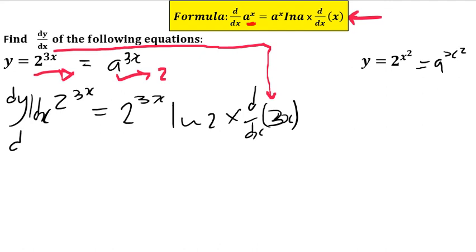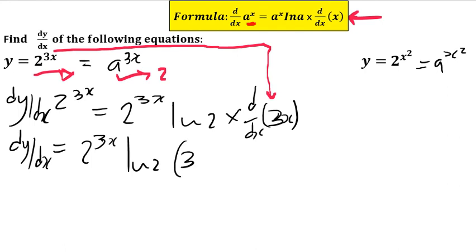So your dy over dx will be equal to 2 to the power 3x, ln of 2. Then when you differentiate 3x, you're going to get what? A 3. Can I get a 3? Yes, I'll get a 3. So your dy over dx will be equal to,